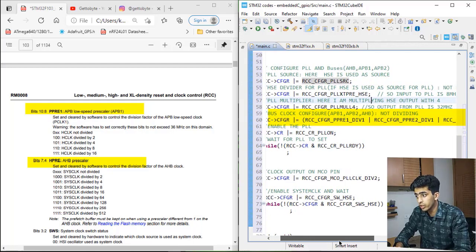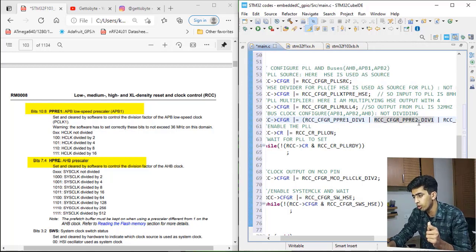You just have to be careful: when I was doing it, by mistake I forgot to mention the 2 here, and I was not able to debug my code for 1 hour. I kept searching for what mistake I was making. So take note of this.